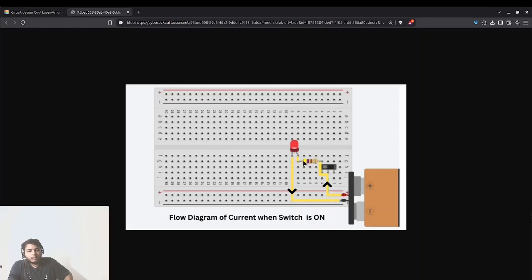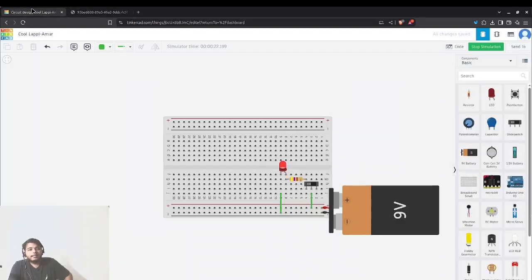After that it goes from the LED to the negative terminal and our circuit will be closed. So when we slide the switch to the right side, the circuit will be broken and the LED won't glow.